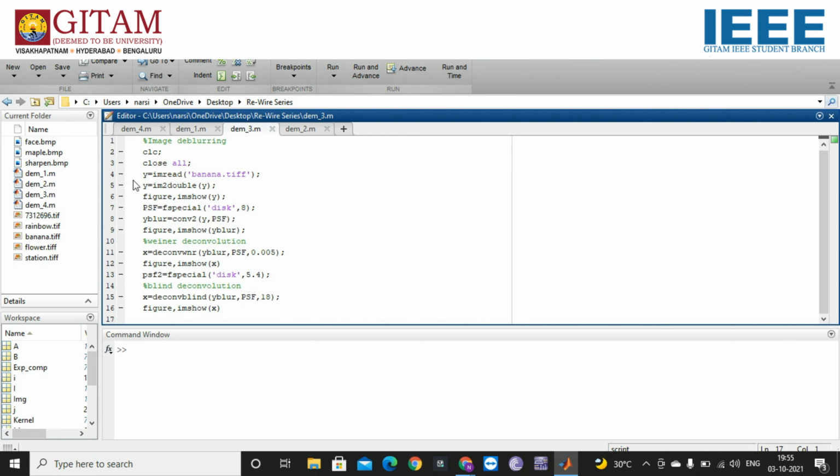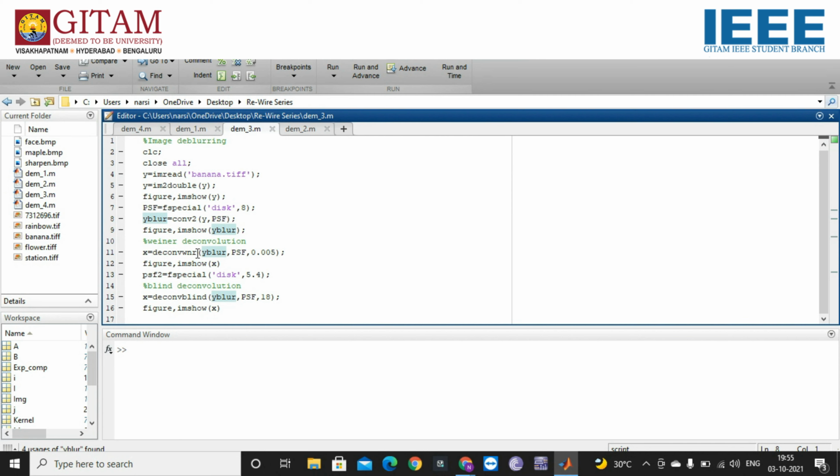So the basic steps will be reading the image and storing it in a variable, and then this line will be generating a filter, which is a disk filter, using the function fspecial, and then we will be convolving that disk filter with the image we have taken with the command conv2, which is a MATLAB inbuilt command, and storing that in the variable yblur.